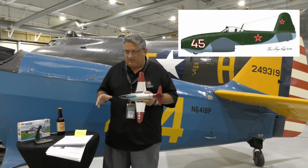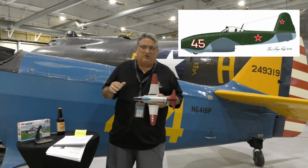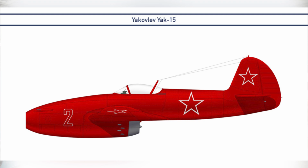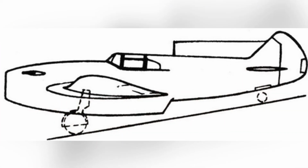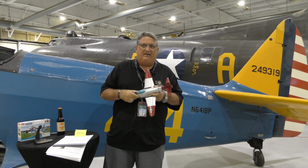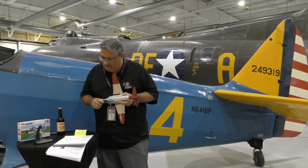This aircraft looks kind of weird, and the reason for that is there was a previous version, which was the Yak-15. Soviets were messing around with jets, which was a tail dragger, and they took the Yak-17 and put it on tricycle landing gear with that inline center engine. Now, the engine was based on the